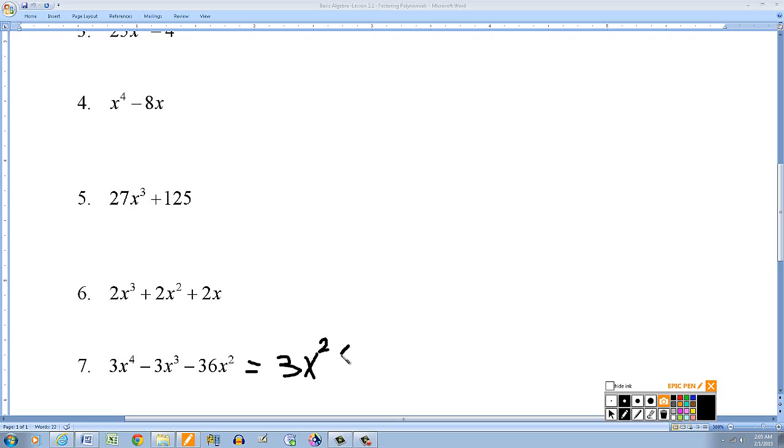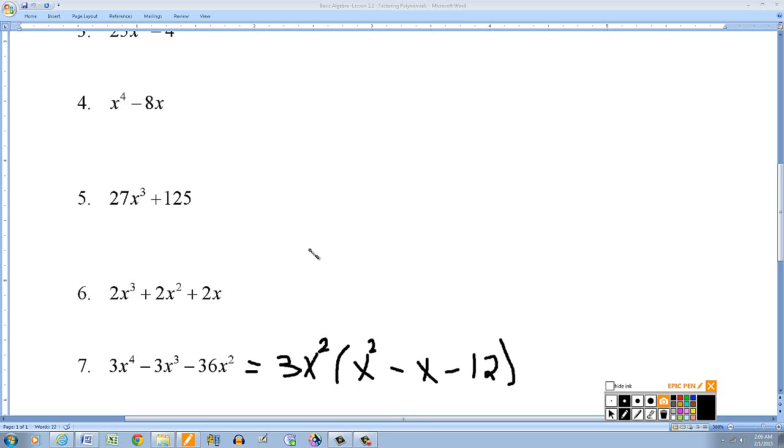this leaves me with an x squared minus, okay, taking out a 3x squared, so this will be just x minus, taking out a 3, so this will be a 12. Took out the x squared, so I get this. Okay, so now you have to see if the x squared minus x minus 12 factors. If it does, you go ahead and factor it. If it doesn't, then that's the answer. But in this case, this is going to factor. Okay, so this is 3